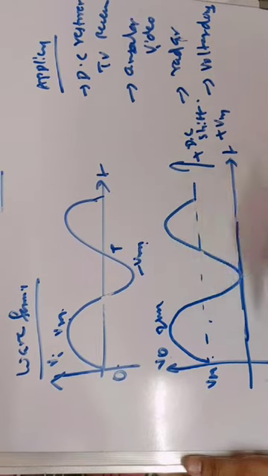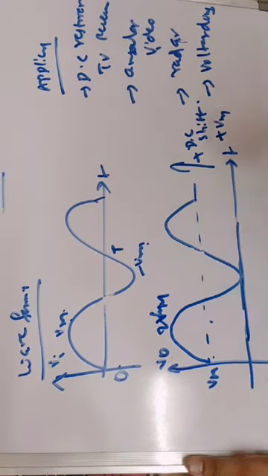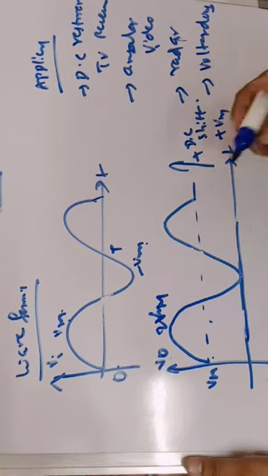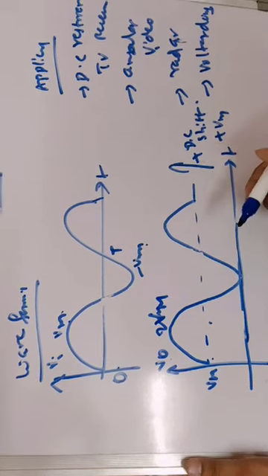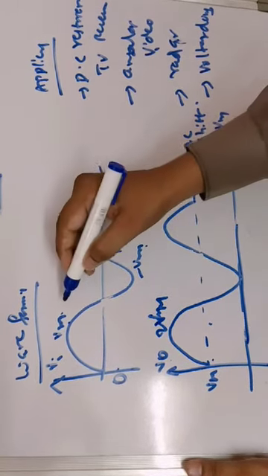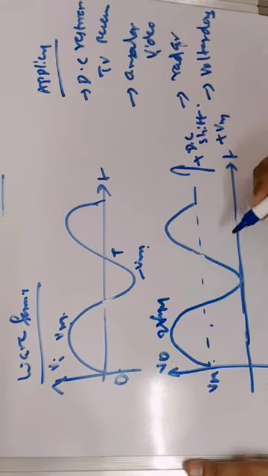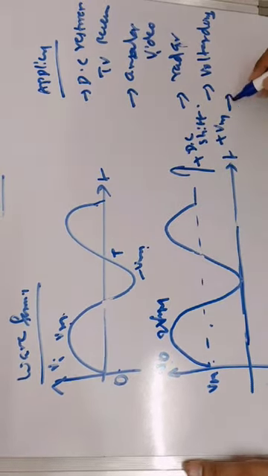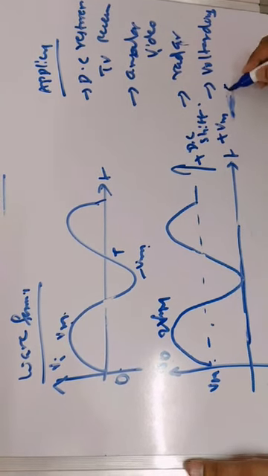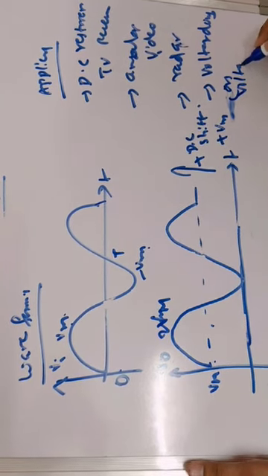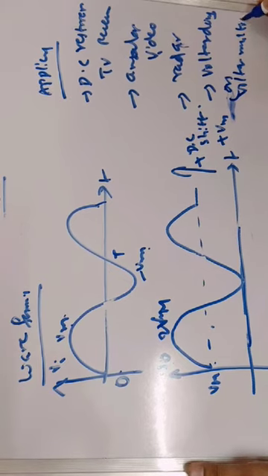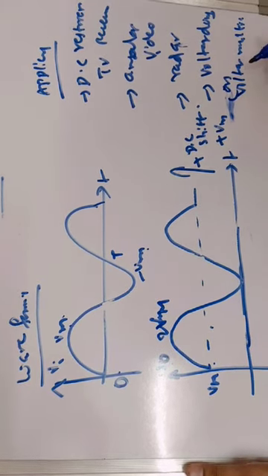This is increased from Vm to 2 Vm because the capacitor is acting as a storage element, and it can store up to a maximum voltage of Vm. Ideally it is storing the maximum voltage of Vm, so the output voltage will reach 2 Vm. That's why they act as voltage doublers or voltage multiplier circuits. Whenever we want to increase the voltage levels, these clamper circuits are used.